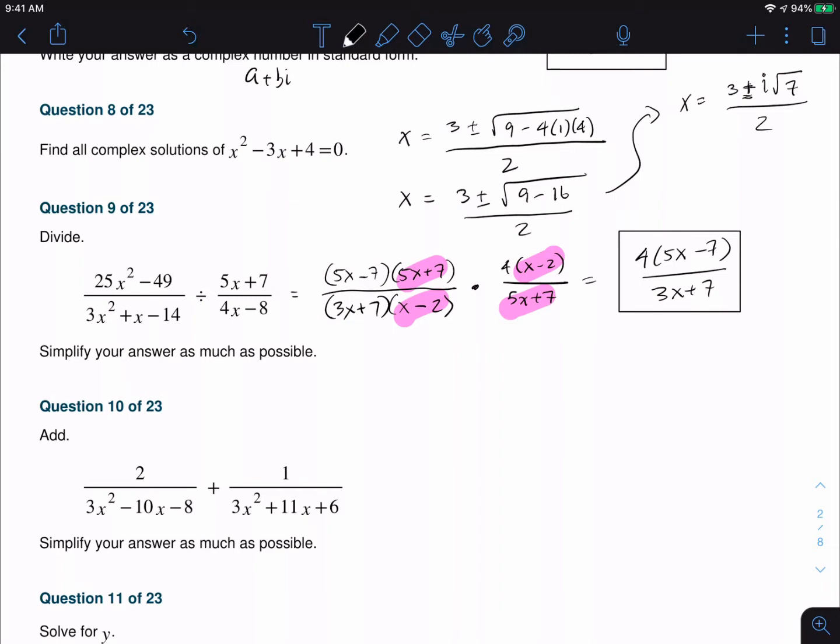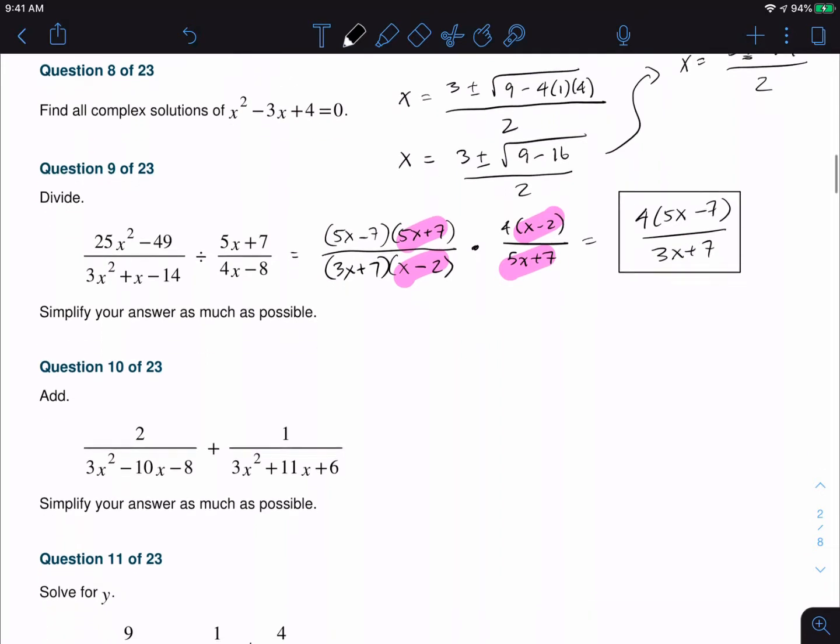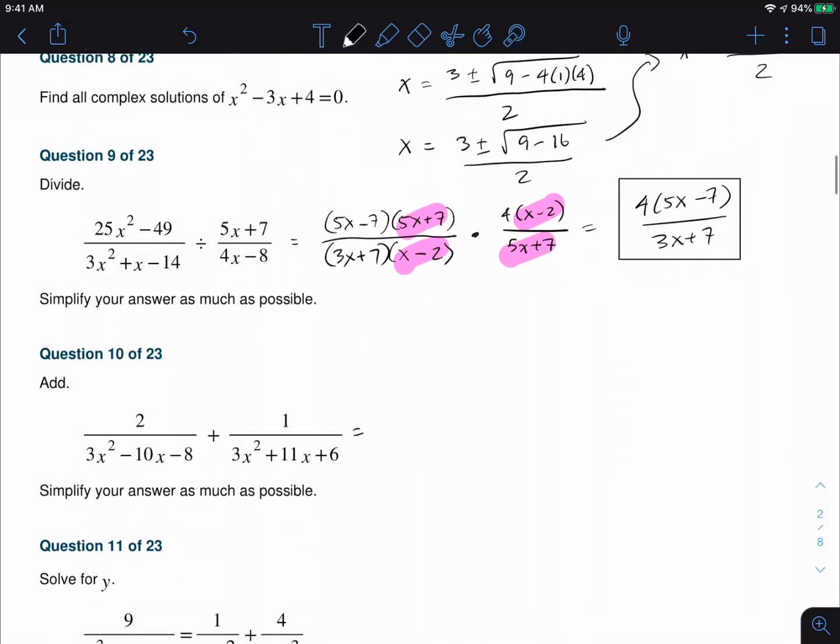In this next example, we need to have common denominators. And so that's the trick to this problem. So I'm going to factor them and see what we can get. So 2 over 3x and x. So I'll go 2 and 4, and it's minus